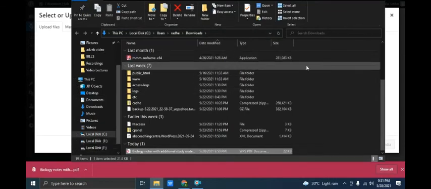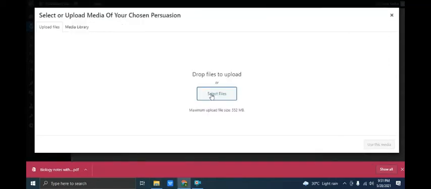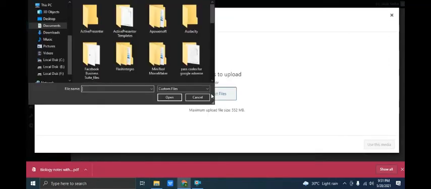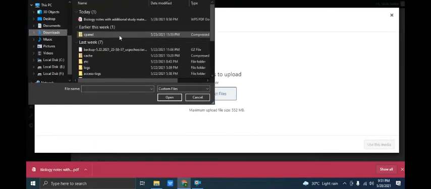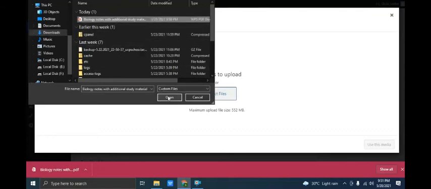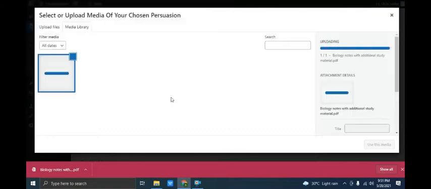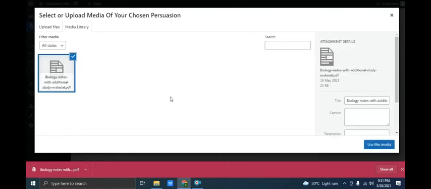So see in which folder the file has been stored in the computer. So it is in local C drive downloads. Now from here I will select it and upload it. Now you can see that the PDF file does not appear over here.